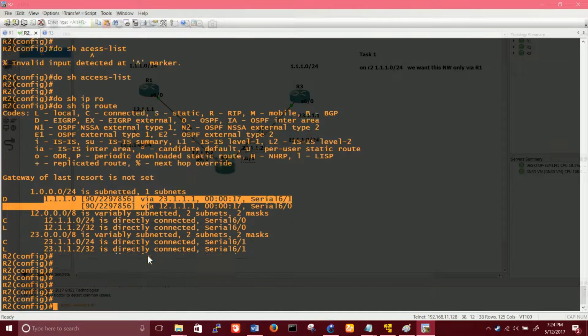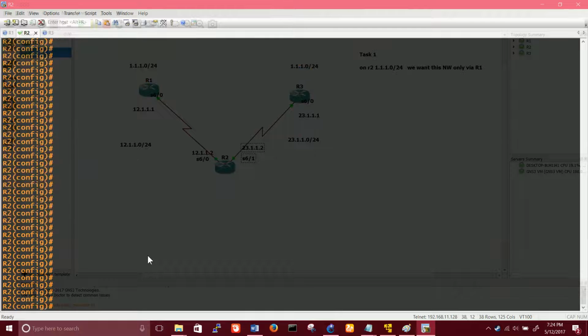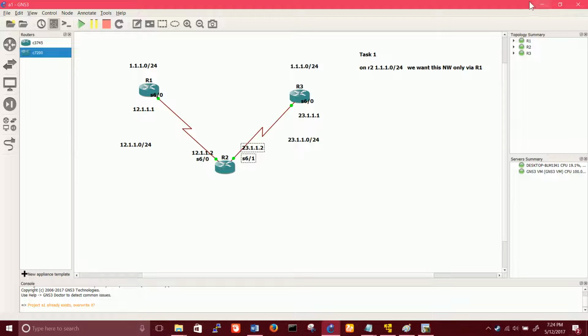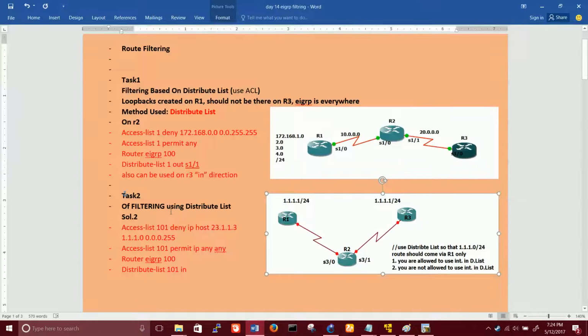So now what we have to do, we will use the extended ACL. How? I will tell you. We will create an extended ACL and we will say when my source is 23.111 and when my destination is the prefix, meaning the routes. Just look here, you will understand it more. Access list extended, list number something between 100 to 199. Let's use 101. Deny IP host when it is coming from 23.113. In our case it is actually 23.111.